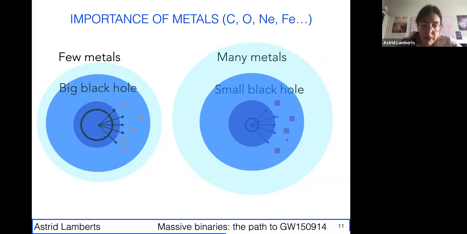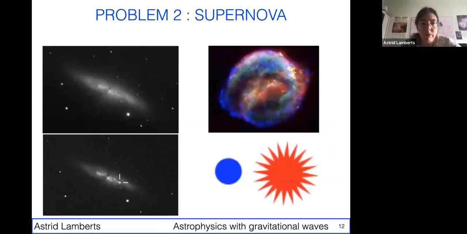So this was the first problem in making black hole binaries, the fact that we have stellar winds. We have a second problem, which is that massive stars explode as supernovae. Supernovae are the most luminous things we see with electromagnetic light. A supernova can outshine the total flux of a galaxy. This is just an example of a supernova that was found about 10 years ago by an undergraduate student who was doing a research project on this galaxy. And you suddenly see it start appearing. It's called a supernova. It's a nova because it appears suddenly, and super because it's big.